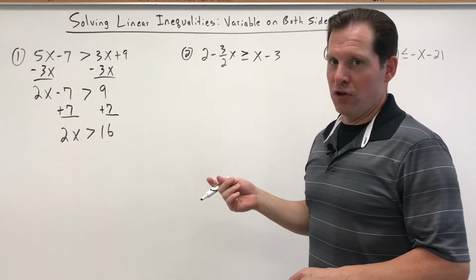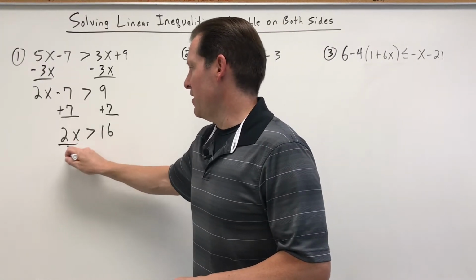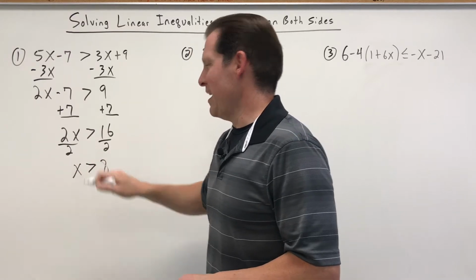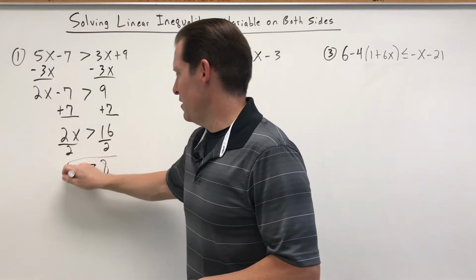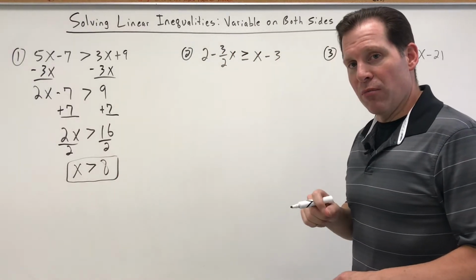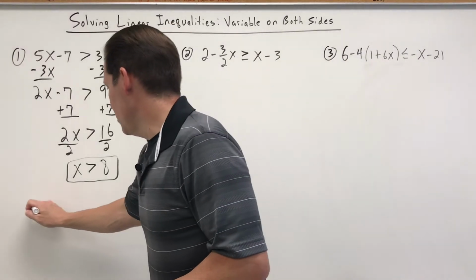So now, of course, we're just going to divide, because this is 2 times x. We divide, the inverse, and we get x is greater than 8. So this is our inequality notation, our answer. So we want to go ahead and put it on a number line, and then we want to do interval notation. Well, if you remember on the number line,